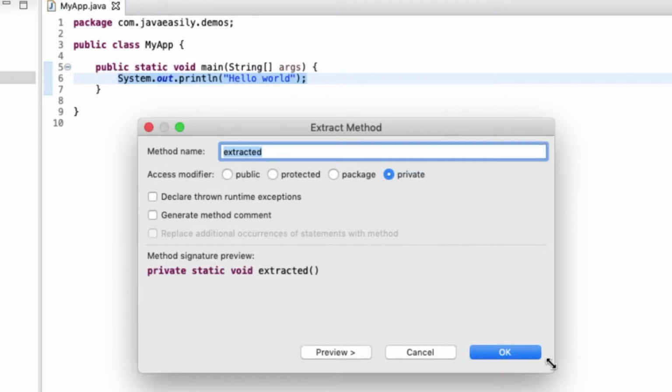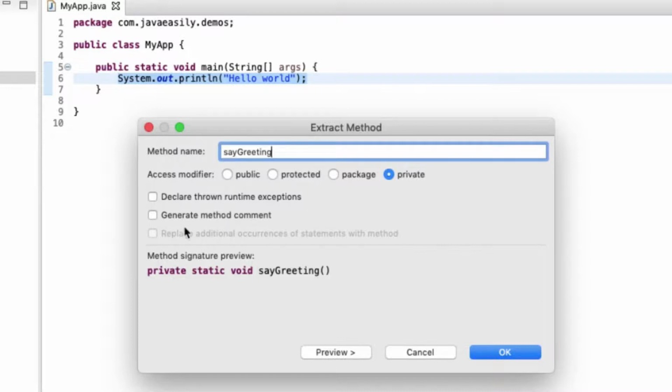how the method's actually called, in other words. So it's asking me to give it a name, so I'm going to call the method, say, greeting, for example. And here you can see we've got these access modifiers we were talking about before. You'll recognize private and public from earlier on in the course. We'll just leave it for private for now, that's fine. Because we're only calling this method from within this class, it's okay that it's private. It'll still be visible to the method from which it's called, as we'll see.